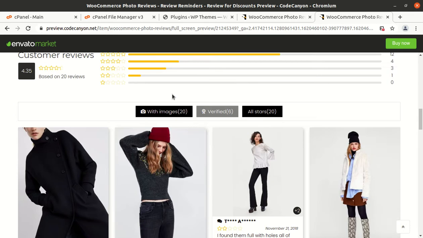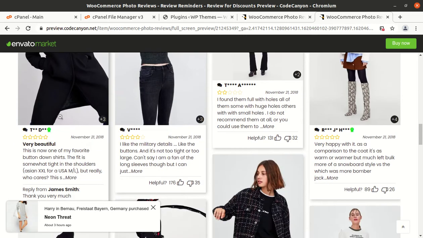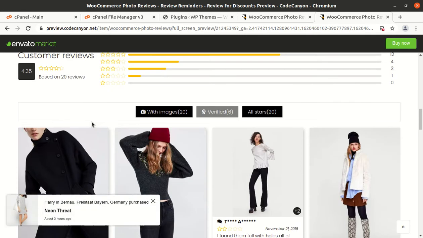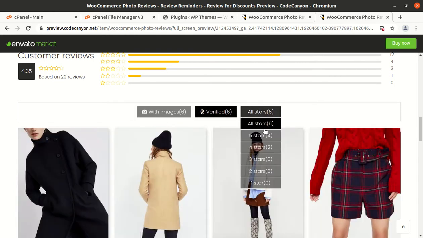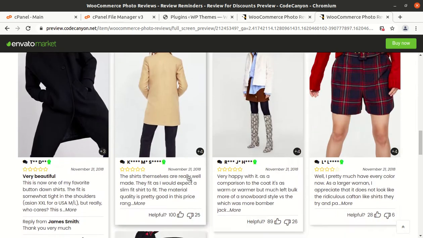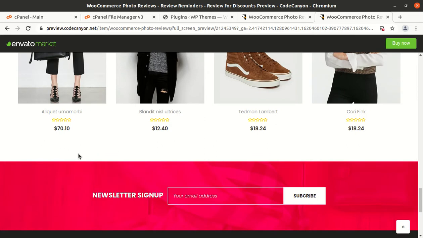I can show you the reviews using this plugin, with images, verified, and all stars. So it is a great plugin for putting a review system on your website for your products listing.